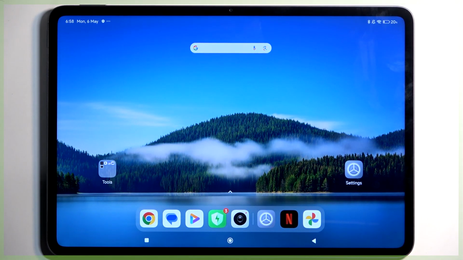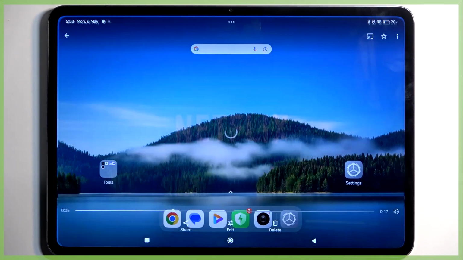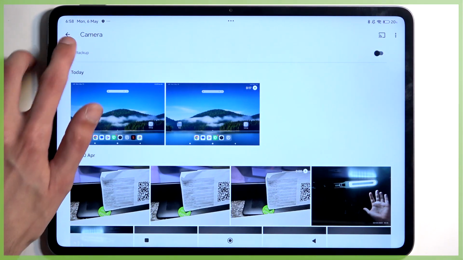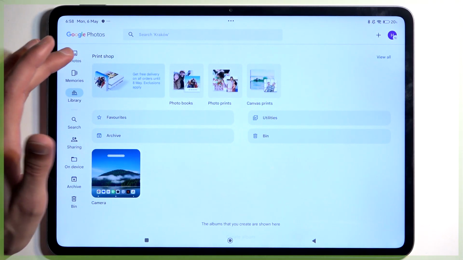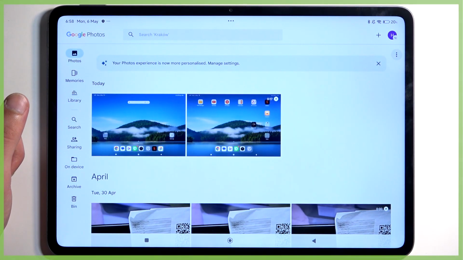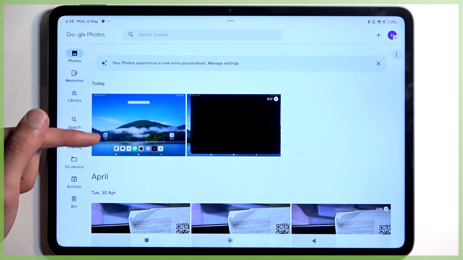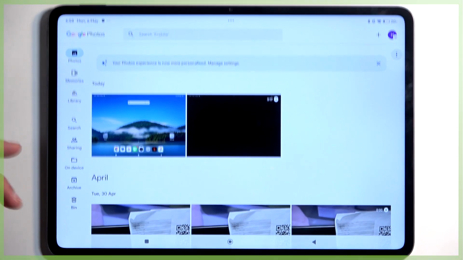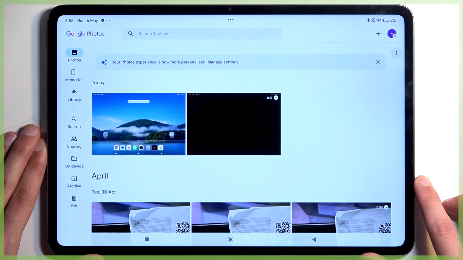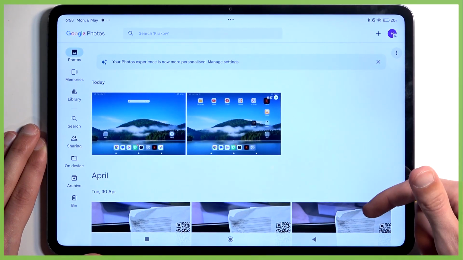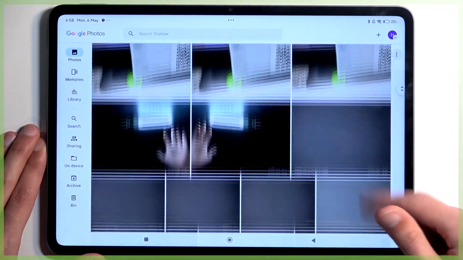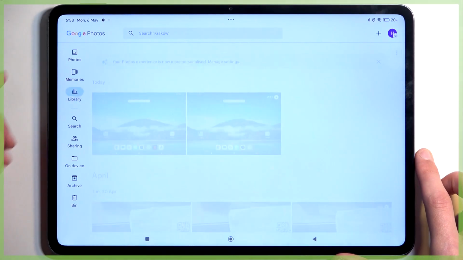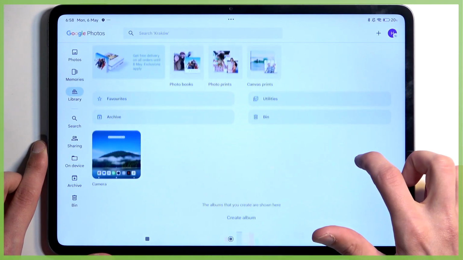Next, to view your screenshot, just open up your Photos application, and by default it will usually be located in the Photos tab right here, where your screenshot will appear. If they have just been captured, it's a little bit easier to find them as they will be literally at the very top. But later on, if you're trying to find your screenshots, obviously weeks down the line, you might just need to keep scrolling down, and it would probably be easier to go into library and